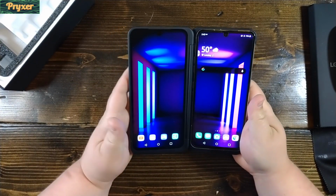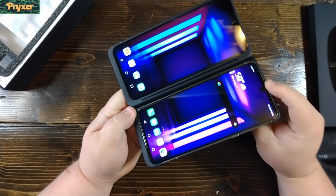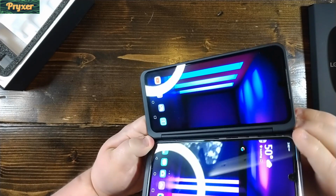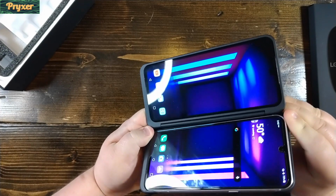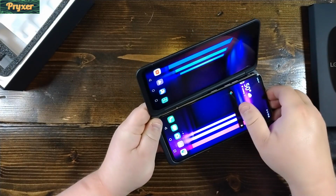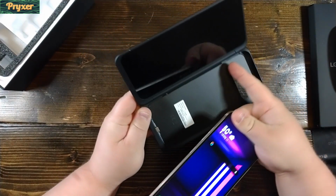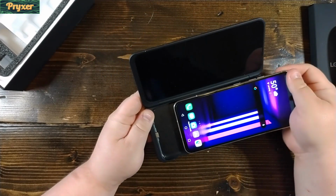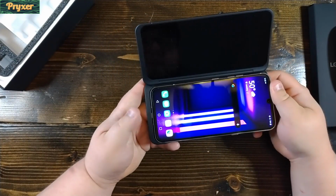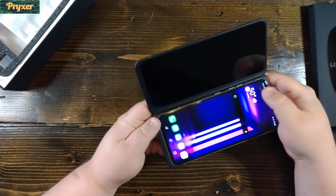So here we are now. We've got the dual screen case clipped on. It's really simple to do. The phone just clips in and out of the whole case, and it provides what seems to be fairly decent protection for the phone itself. It's got a full backplate cover with a cutout for the camera. It's really quite a decent case, but then you get the added functionality of having the second screen,